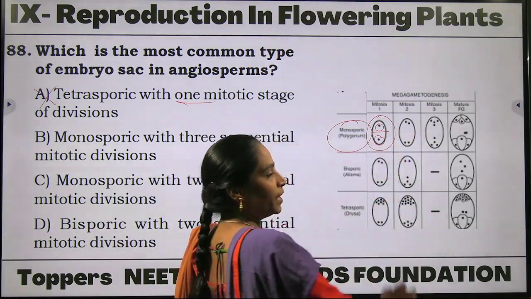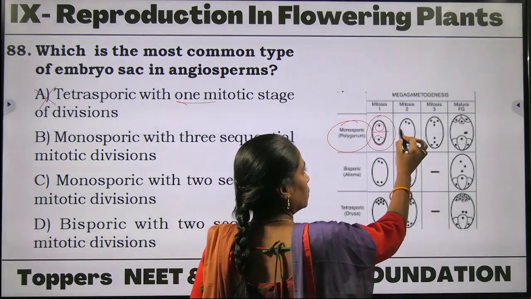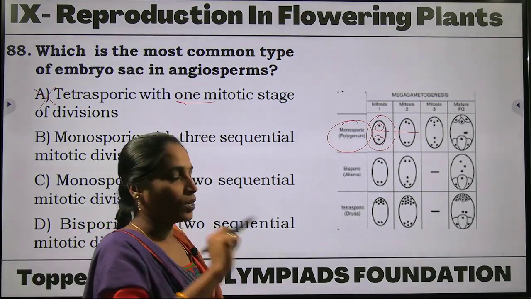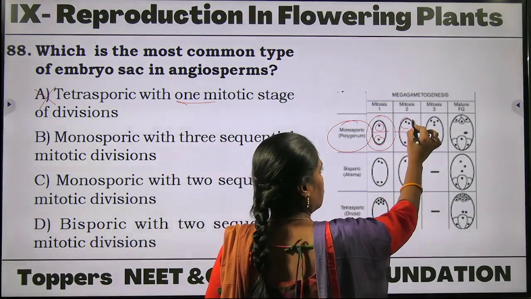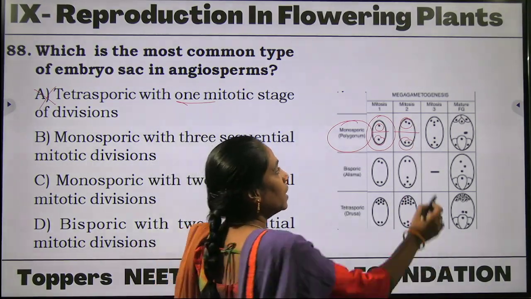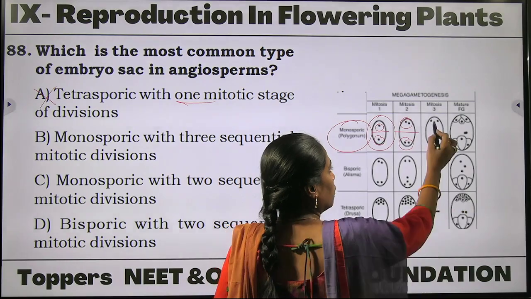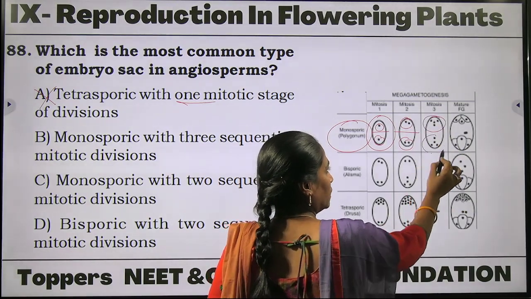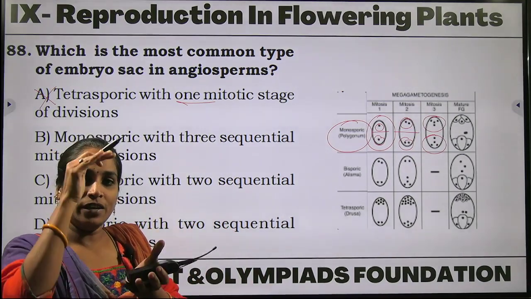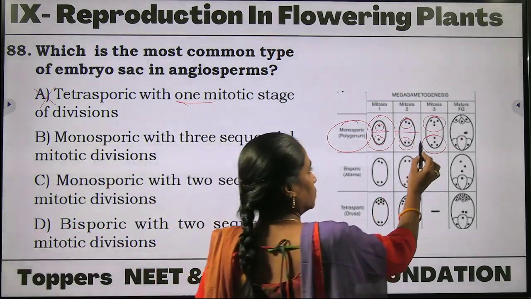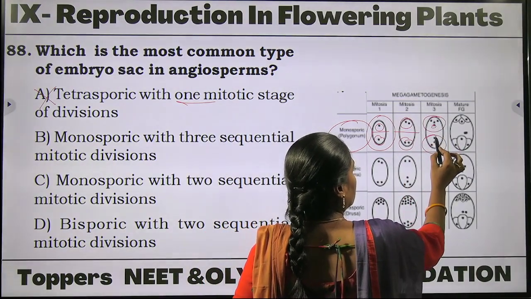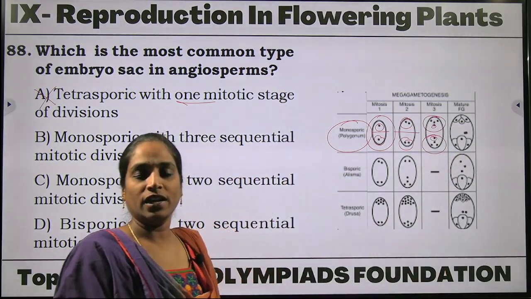And coming to the second mitotic cell division, we can observe mitotically again that a single nucleus will be dividing into two nuclei on each side. At each polar region we are observing two nuclei by the second mitotic cell division, and by the third mitotic cell division we can observe four nuclei on each side. After formation of four nuclei, the polar nuclei will be adjusting in the central region. This one of the polar nuclei and this is another polar nucleus will be ready to move